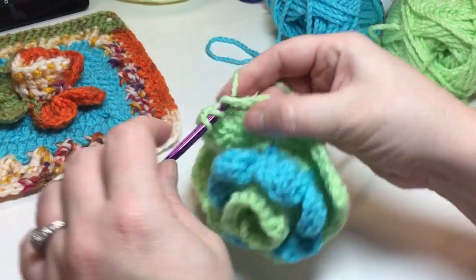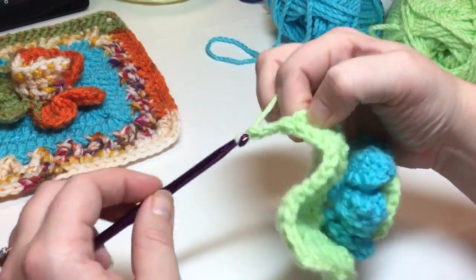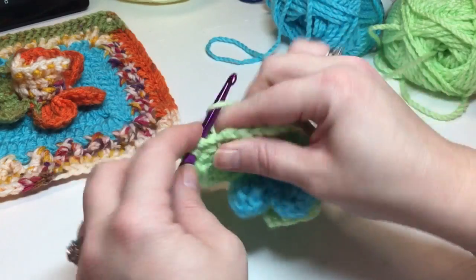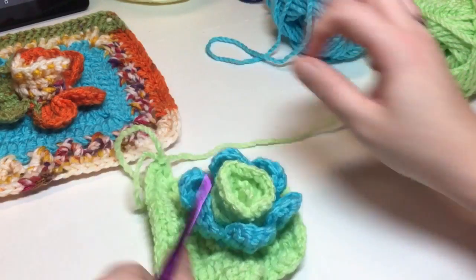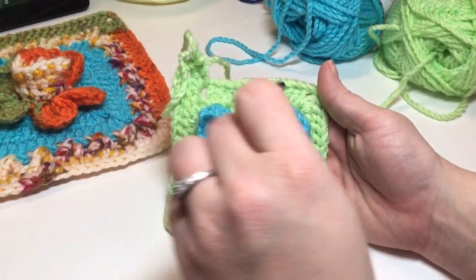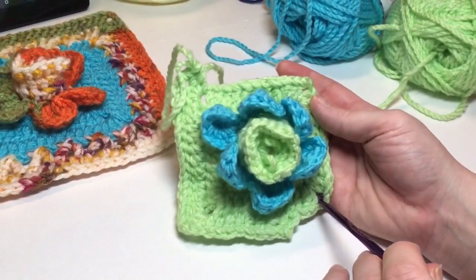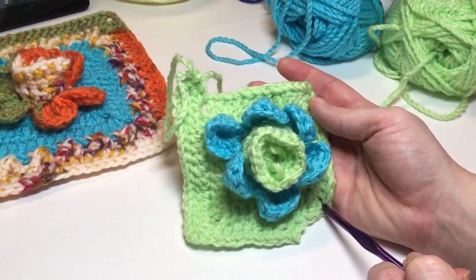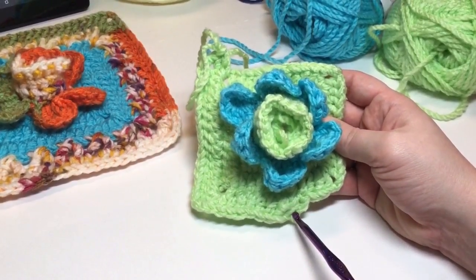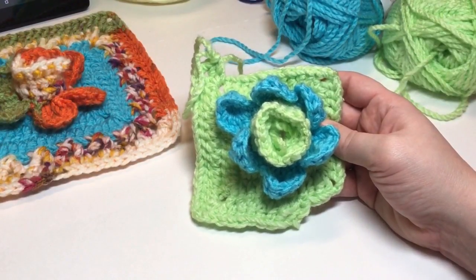So you're going to work your corner, 2 double crochet, chain 2, and 2 more double crochet into that same space. And then you're going to work 1 double crochet into the next 11 stitches, work your corner, 2 double crochet, chain 2, 2 double crochet, 1 double crochet in your next 11 stitches, work your corner, and then you're going to put 1 double crochet in your last 3 stitches and join with a slip stitch into your beginning chain 3 or chainless double crochet, and I will get right back with you